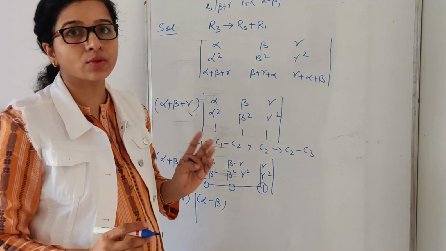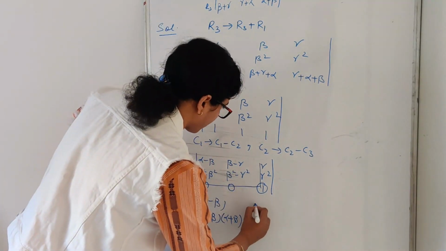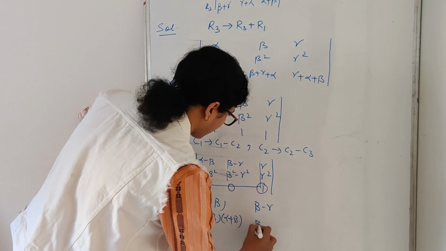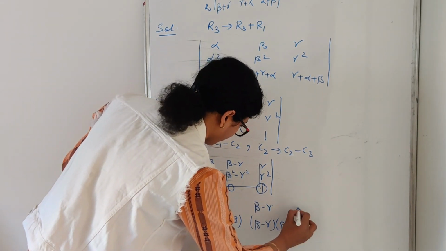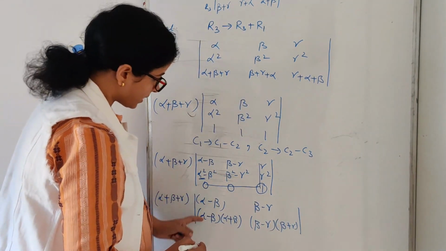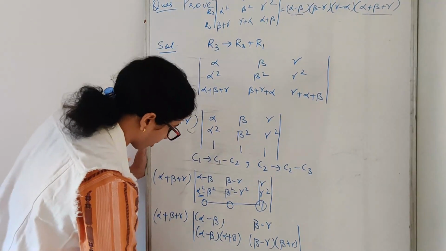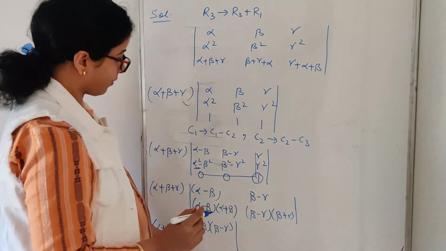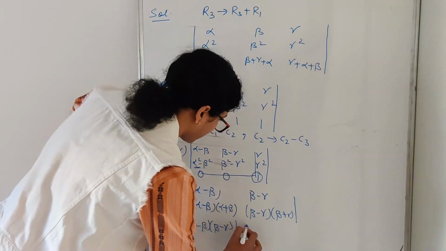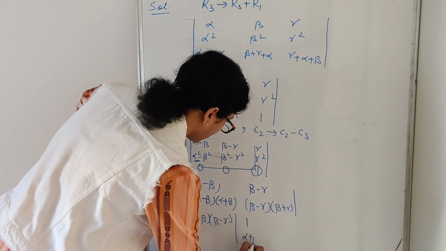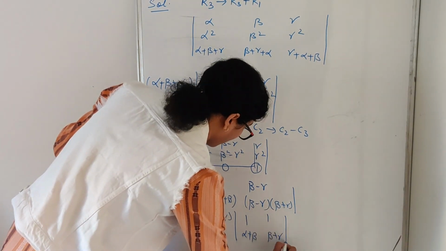So what is that a square minus b square? A minus b, a plus b. Here beta minus gamma, beta minus gamma, beta plus gamma. Okay. Now I can take out from this alpha minus beta common, from here beta minus gamma common. So now look here, I have got two more brackets, alpha minus beta, beta minus gamma. So I am left with here 1 alpha plus beta, 1 beta plus gamma.